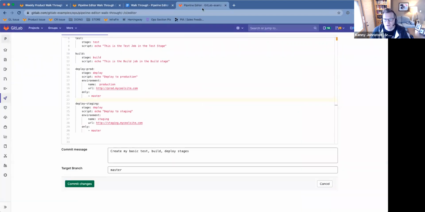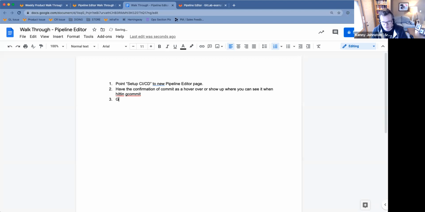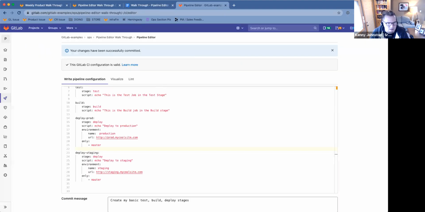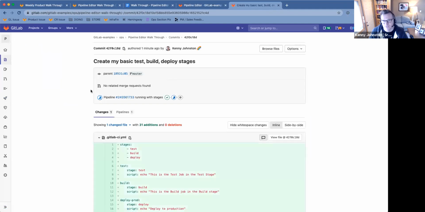Okay, kind of cool that I just made a commit. It'd be great to have a link to that commit and be able to see the pipeline. Because that's kind of what I wanted to see, frankly. Now I have to go over here. I wanted to see that this generated the pipeline that I was expecting. I know it gave me the visualizer and everything, but